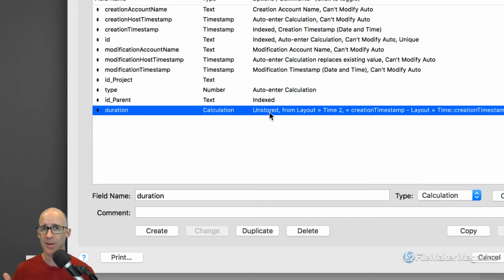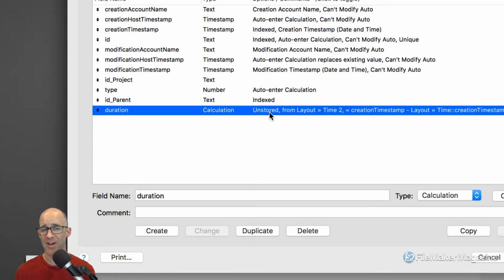Or is this something that at the point in time of evaluation, it's pretty much just going to be saved? And if it's going to be saved, there are two options that you have. One of them is to make it a stored calculation if FileMaker will allow you to do that. If FileMaker will not allow you to do that, then you default to an auto-enter calculation,